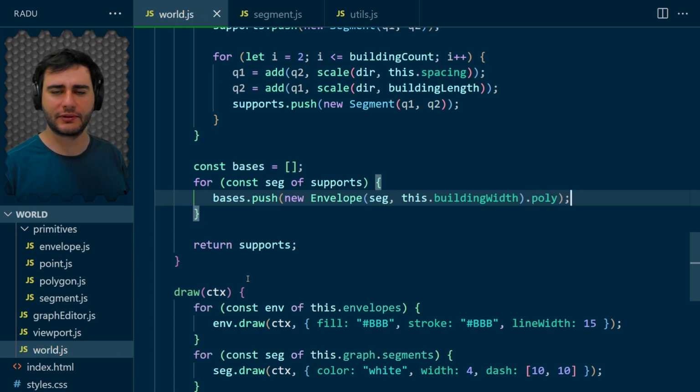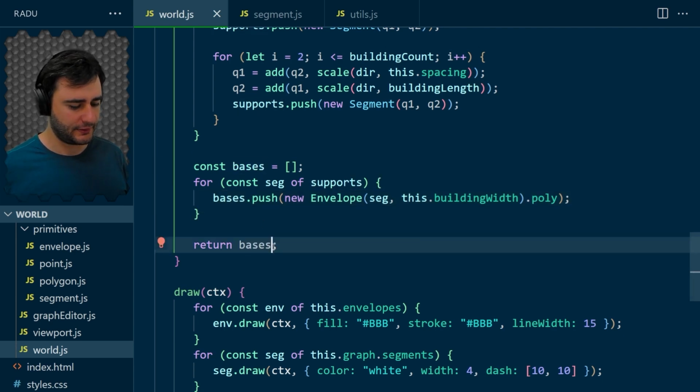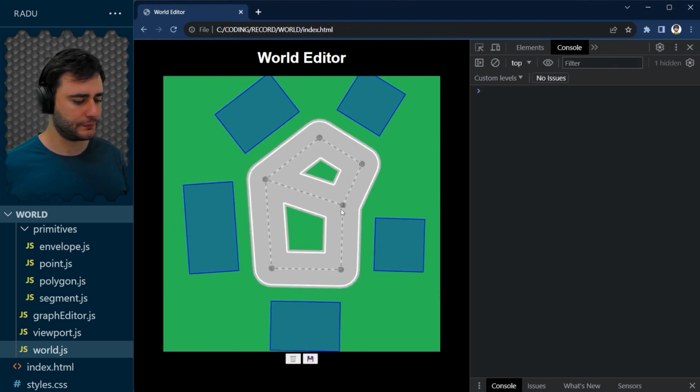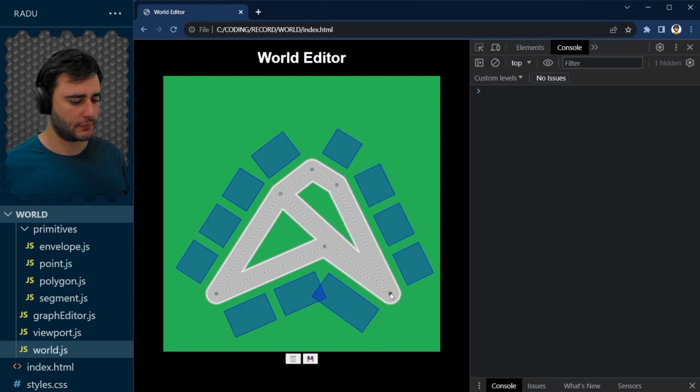I don't want to use envelopes here. I just want the polygon. I'm using the envelope constructor to get the polygon that I want, pretty much. And now let's remember to return these bases. And refresh. Yeah. This looks nice, but here there are some intersecting bases, and I'm just going to remove one of them if